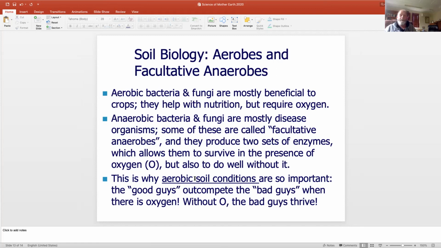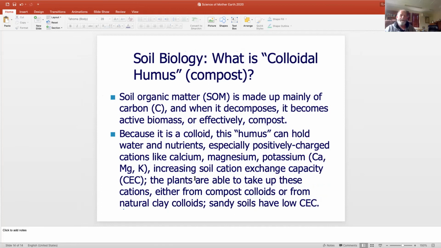As soon as they go anaerobic, the facultative anaerobes, which have been surviving under aerobic conditions, all of a sudden start to thrive because they don't have competition from aerobic bacteria and fungi. And so we find as soon as our soils go anaerobic or smelly or very often waterlogged, the bacteria and fungi that are facultative anaerobes, the pathogens, disease organisms, they take over, and we find the soil becomes very unfriendly to plant growth. So the final topic I want to deal with in this little video is soil organic matter,